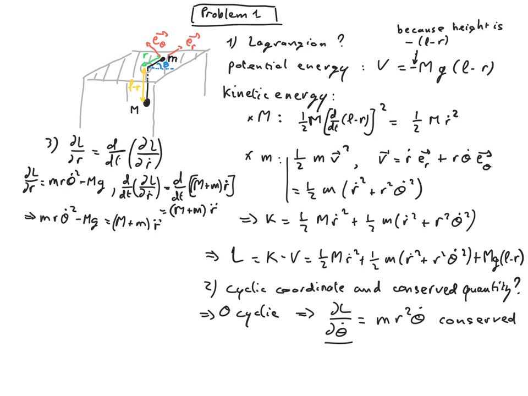Finally, a last question could be: find a condition for r and theta dot, the angular velocity, such that the small mass m is following circular orbits. So you need to realize that for circular orbits, the radius doesn't change, it's always a constant, so all its time derivatives are 0. That means that r double dot has to be 0, and therefore we have